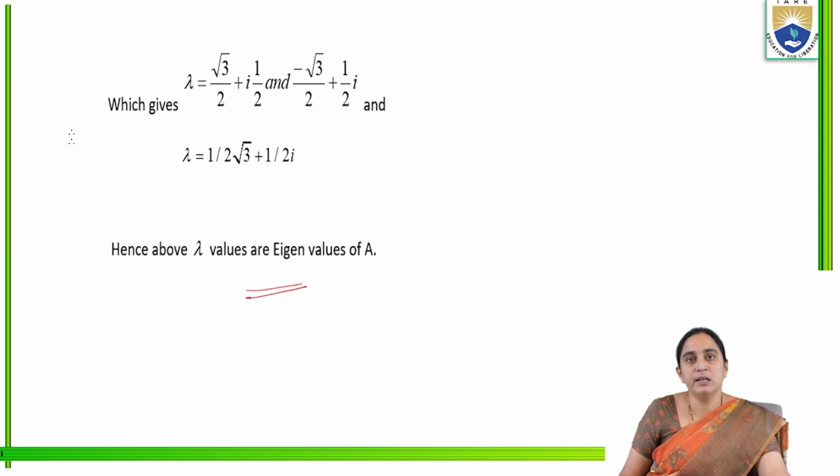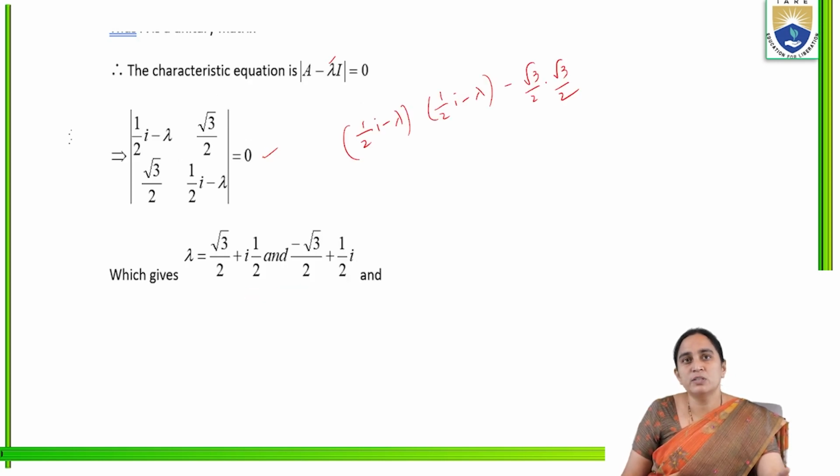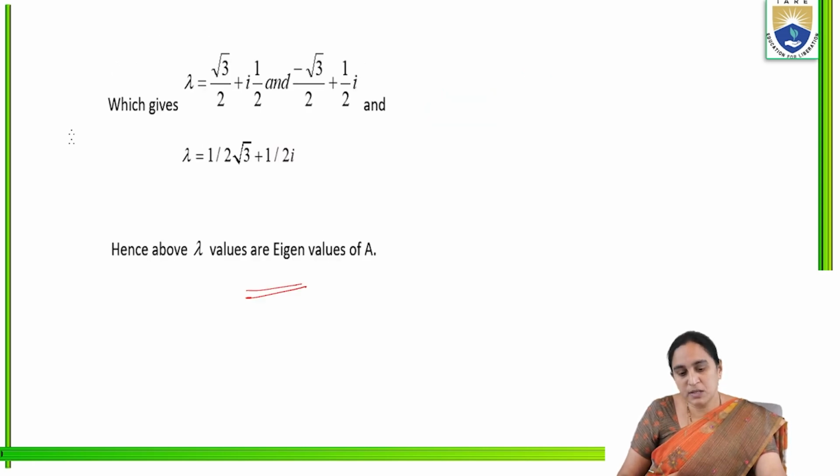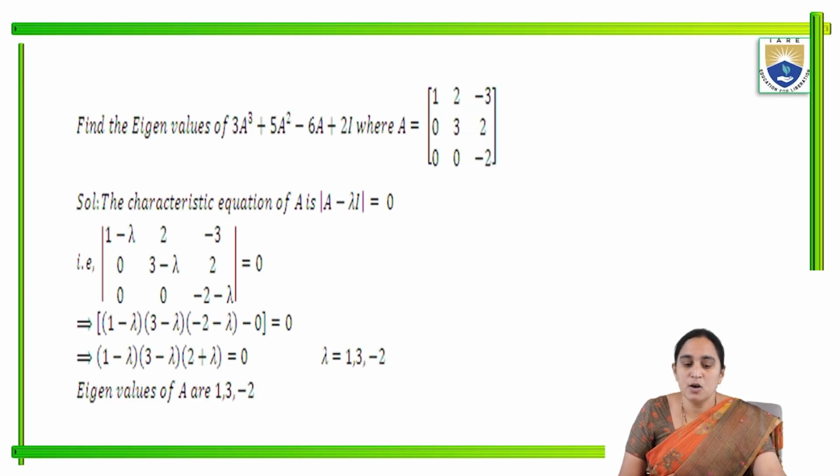Okay, similarly, next question. Now we discussed two questions for the complex matrix eigenvalues. Now, similarly, I'll discuss another one. Okay, this is a different question. What they're asking: find the eigenvalues of 3A cube plus 5A square minus 6A plus 2I, where A is equal